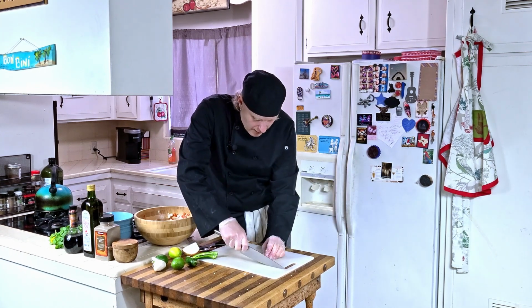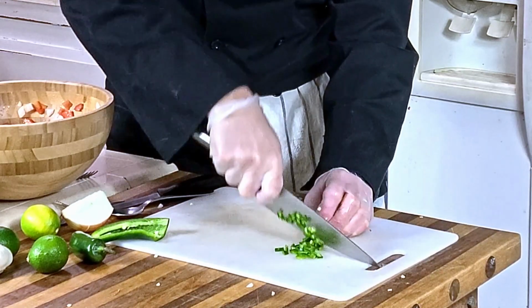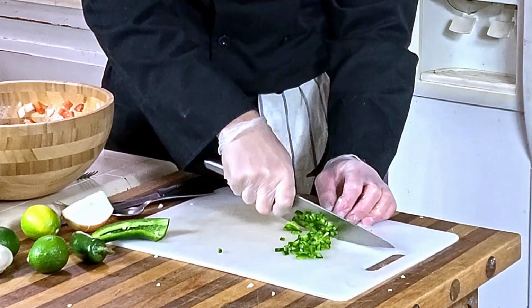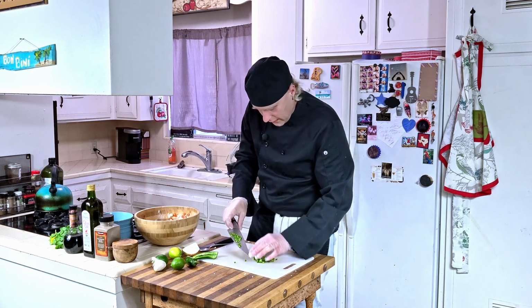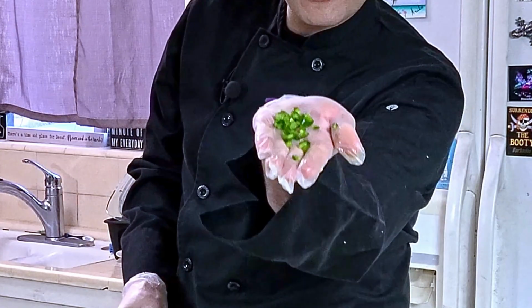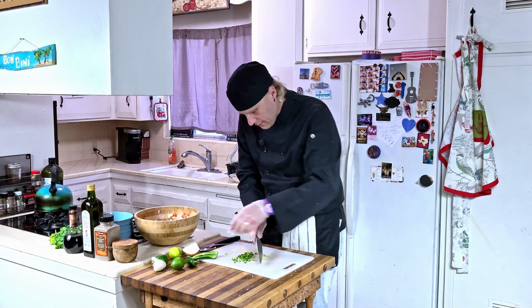And then again, just do your dice. Very fine dice on these. Even smaller than 1/4 inch. I go really fine. Almost to a mince, but not quite. So something like that is about what you want. So it's smaller than the onion by a little bit. Do my other